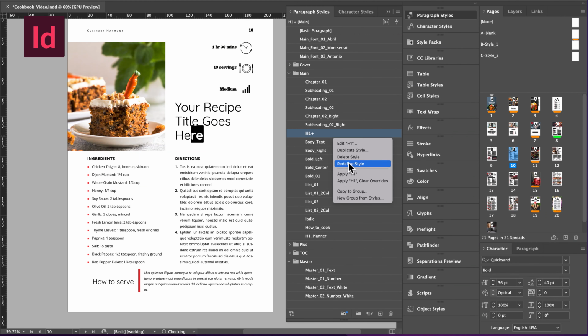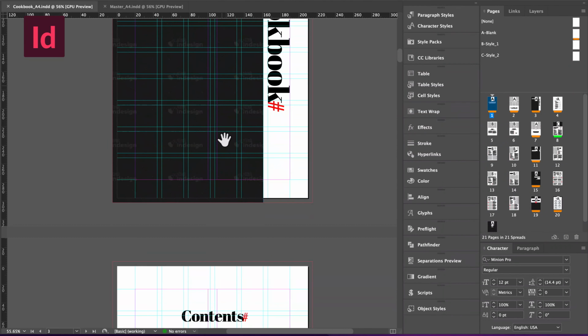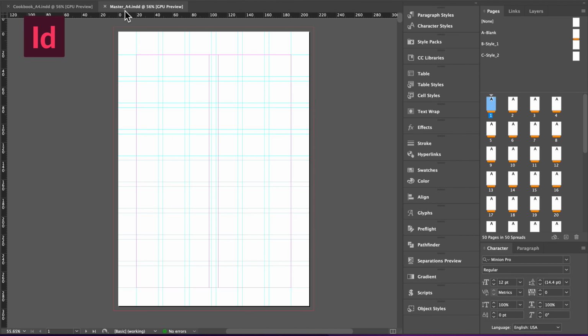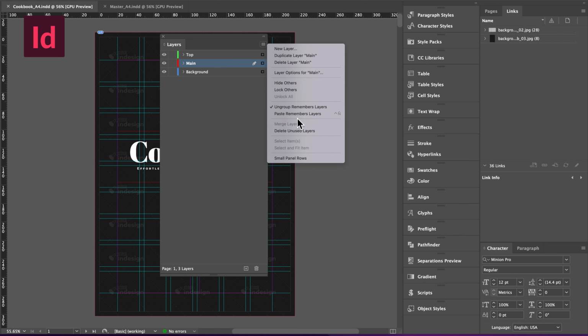Let's create your cookbook easily and quickly. And you can create the sections and pages that you wish. For example, we must open the InDesign files, master_A4 and cookbook_A4. Then we activate the option Paste Remembers Layers so that the elements are copied to the same layer and the